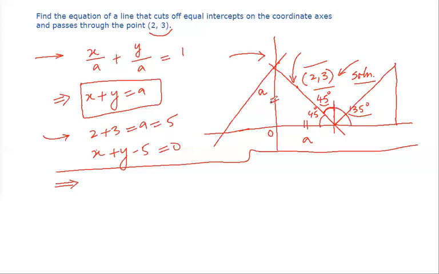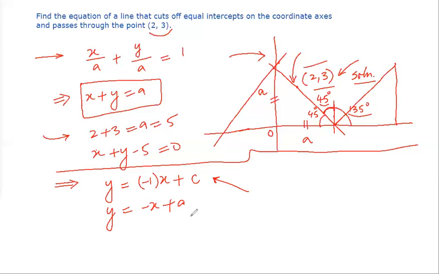So the point is also given, slope is also given. So y would be equal to what? y would be equal to mx plus c, right? So m is -1, x plus c. y is equal to mx plus c. So c is basically which intercept, Ishma? In this equation, c is which intercept? Y intercept. That is a. So it will be y is equal to -x plus a.